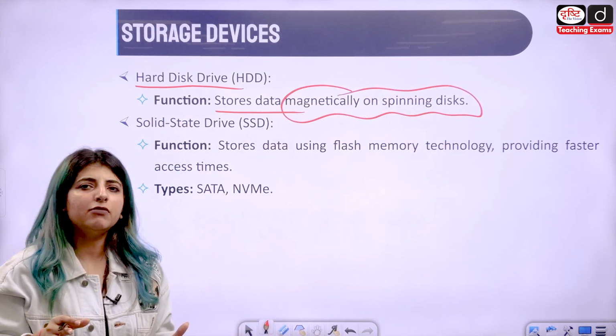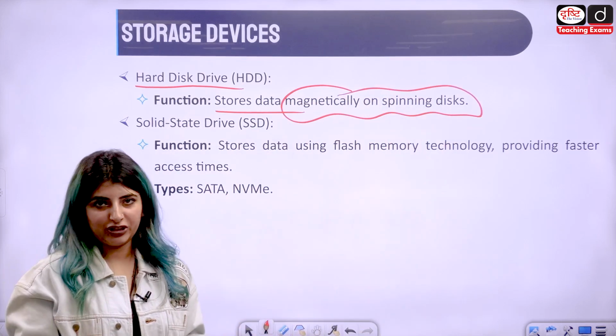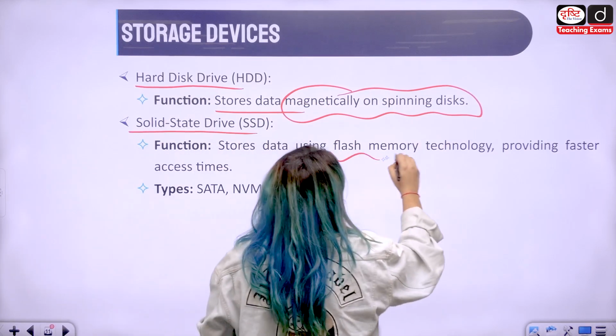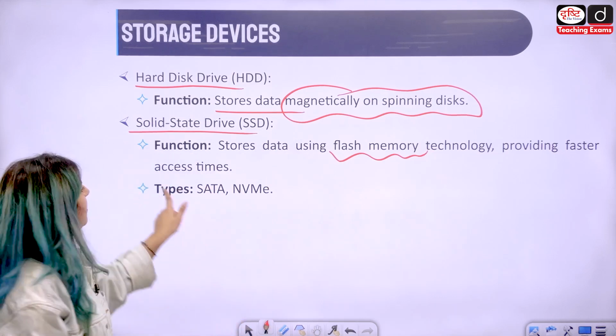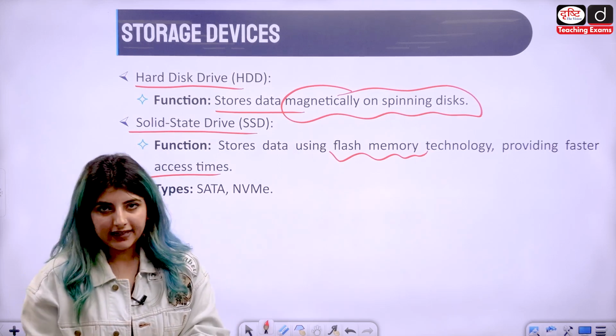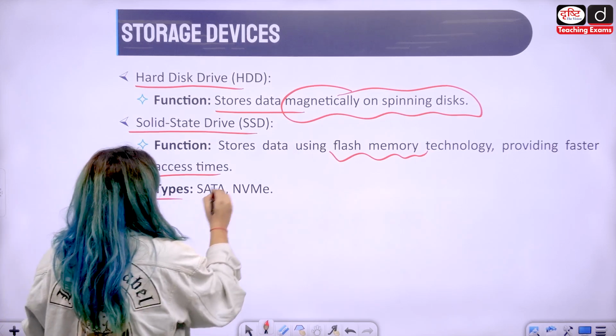You guys would have come across. If you wouldn't, you can Google a picture, right? Then we have solid state drives as well, where we have flash memory technology providing faster access times. The data storage happens in nanoseconds in SSD. Correct? Types are SATA,